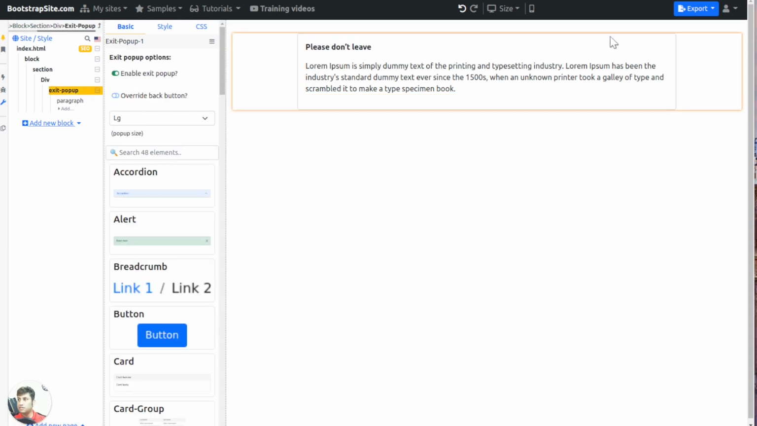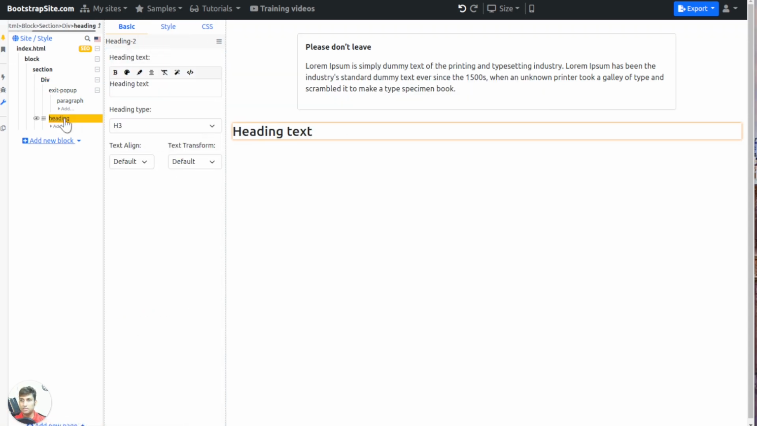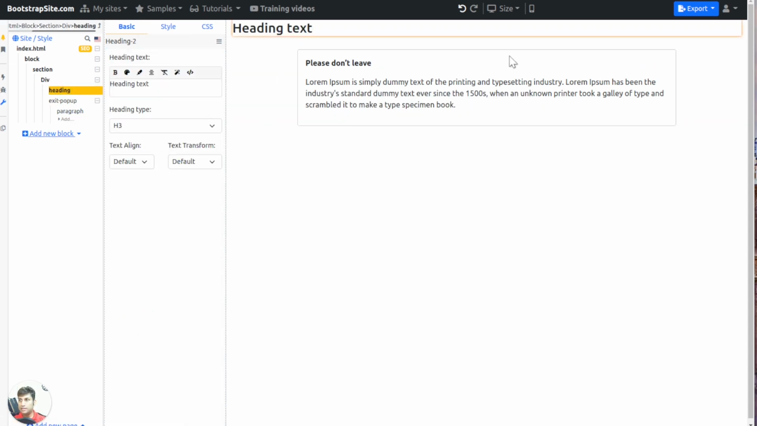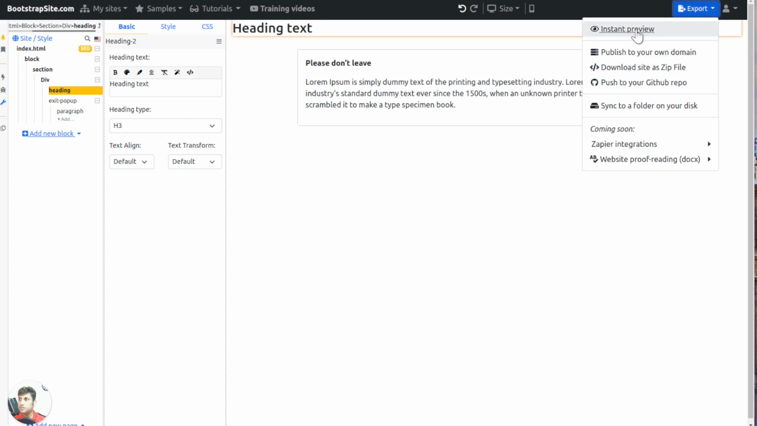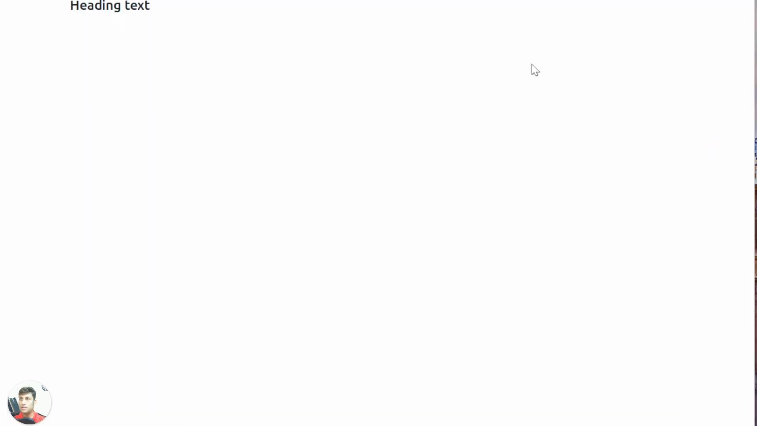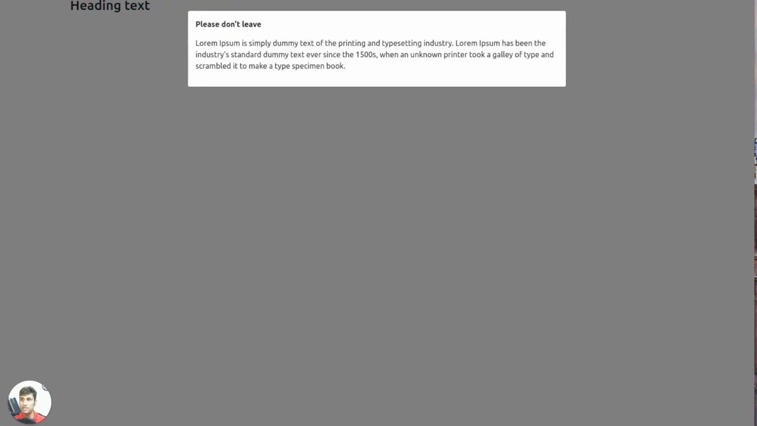By default, you will not see this on the page. So I'll just add a heading just to add something to the page. And now I'll go to the instant preview. And as you can see, that exit pop-up is not visible, but if I try to leave the site, then